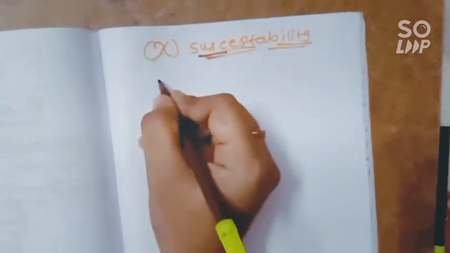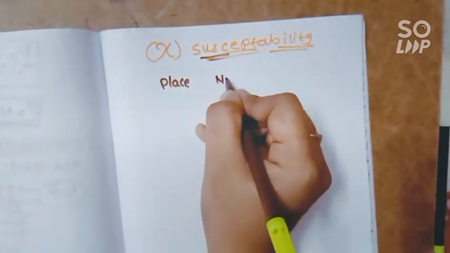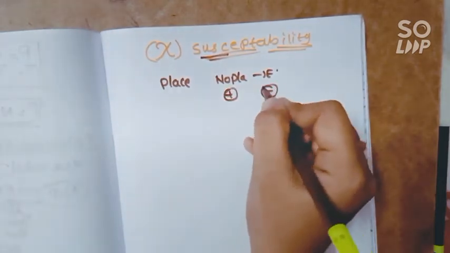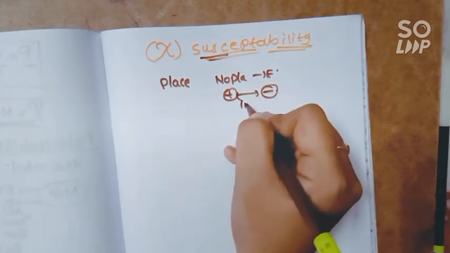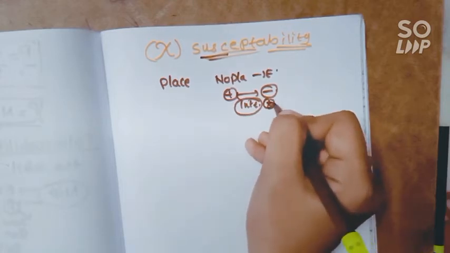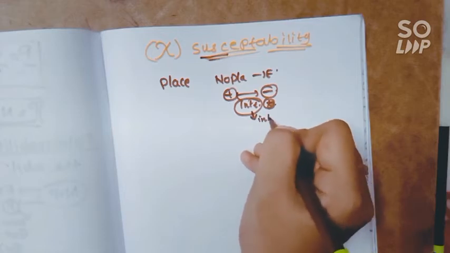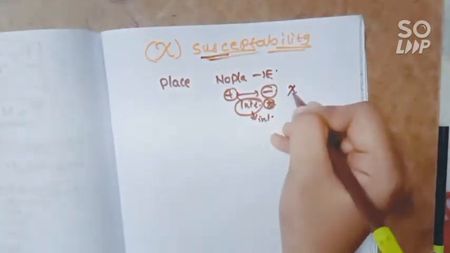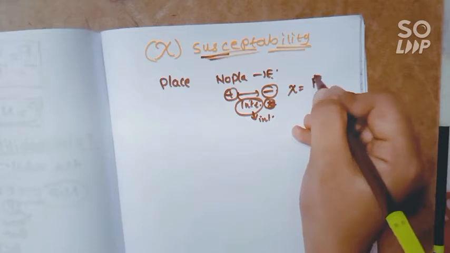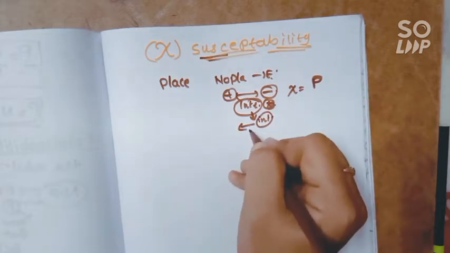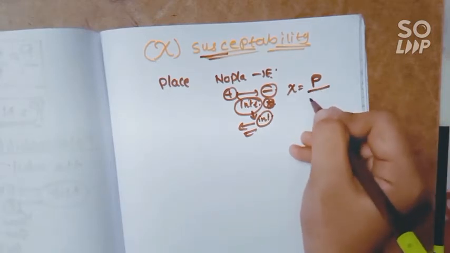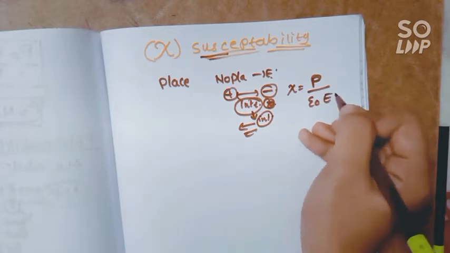When a non-polar material is placed in an external field, the positive and negative charges are separated. When they are separated, some internal force is developed between them. This internal force again combines the positive and negative ions. This susceptibility is defined as the ratio of the number of electric lines of force due to the internal field to those due to the external field. The internal field also produces some electric lines, and the external field also produces some electric lines.